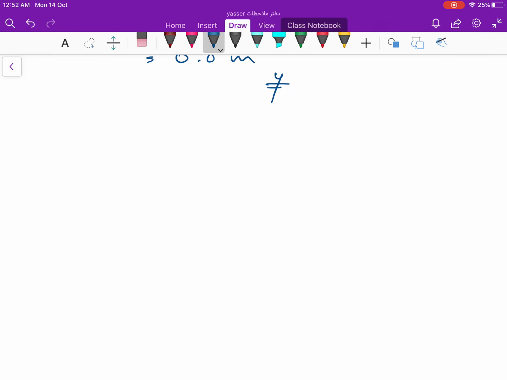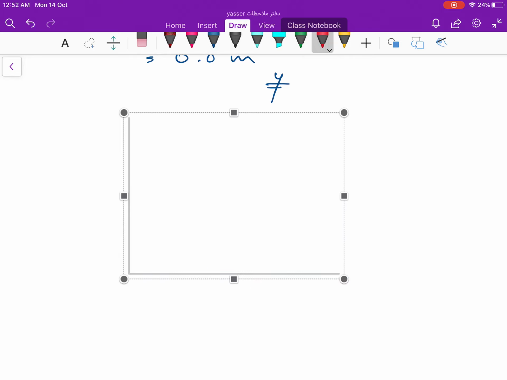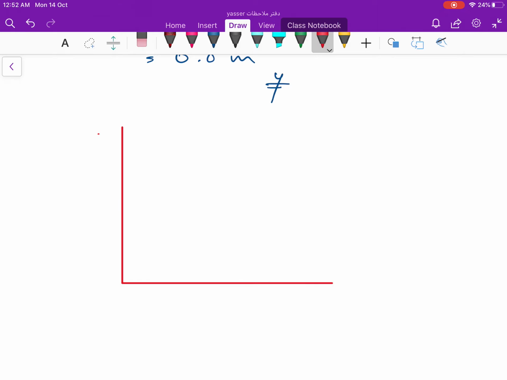In the method of calculating the acceleration, if we have a graph between displacement and the squared of time,